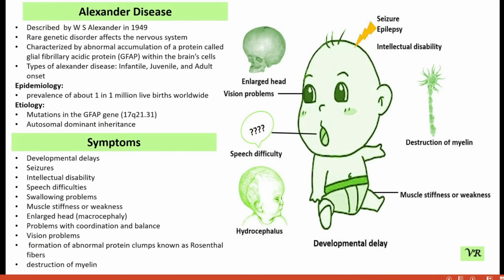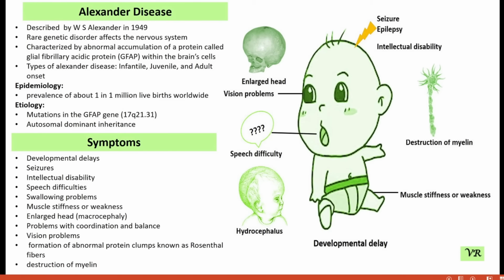GFAP protein is an intermediate filament protein that helps maintain the structural integrity of astrocytes. Over 100 different mutations in the GFAP gene have been identified, most of which are missense mutations. Mutations disrupt the normal function of GFAP, leading to the formation of Rosenthal fibers and the consequent astrocyte dysfunction observed